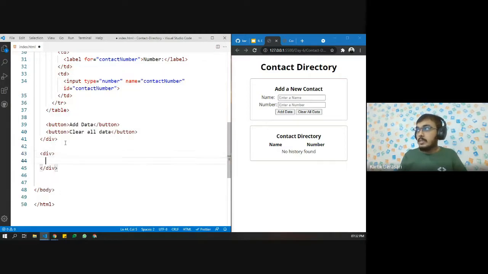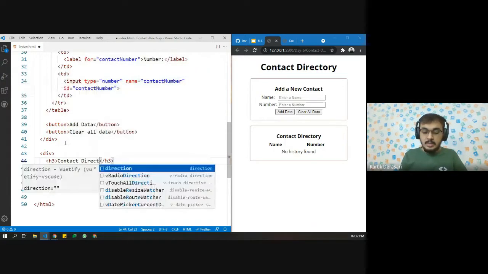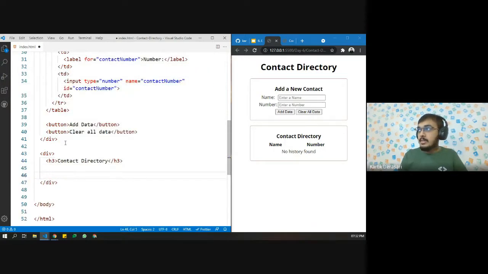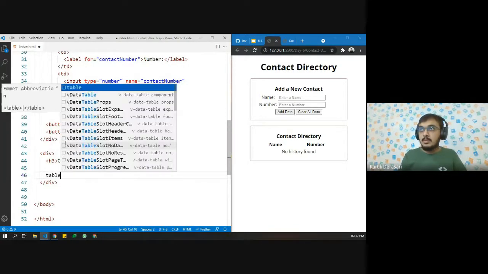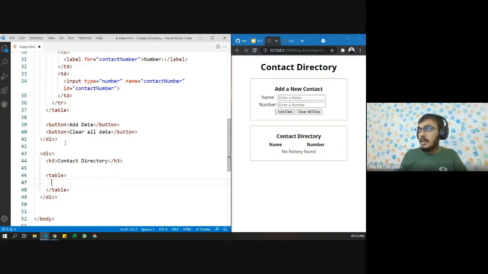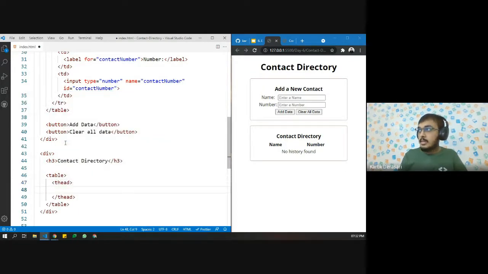Let us have another division. Inside that, let's have one H3 which says contact directory. Let's have one more table. Inside that, we have thead. Inside thead, we have table row. We have two different headings.